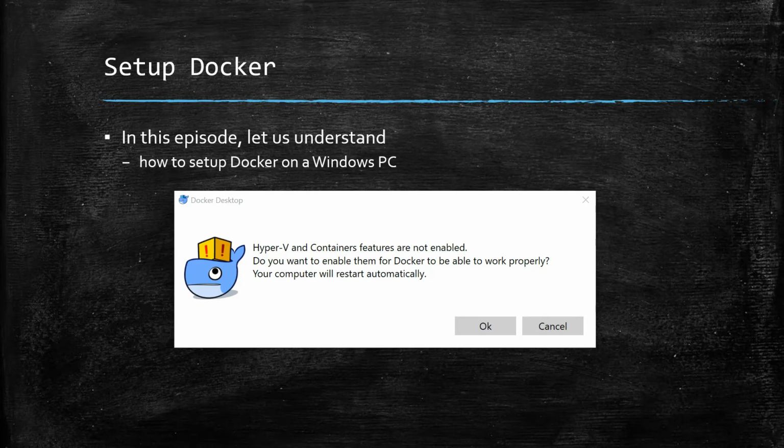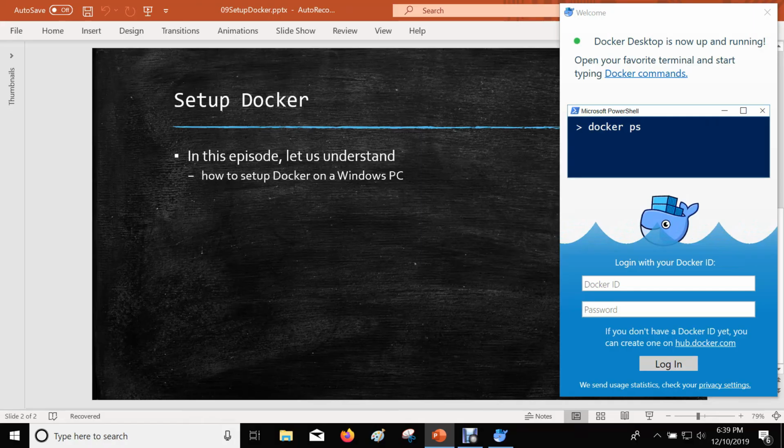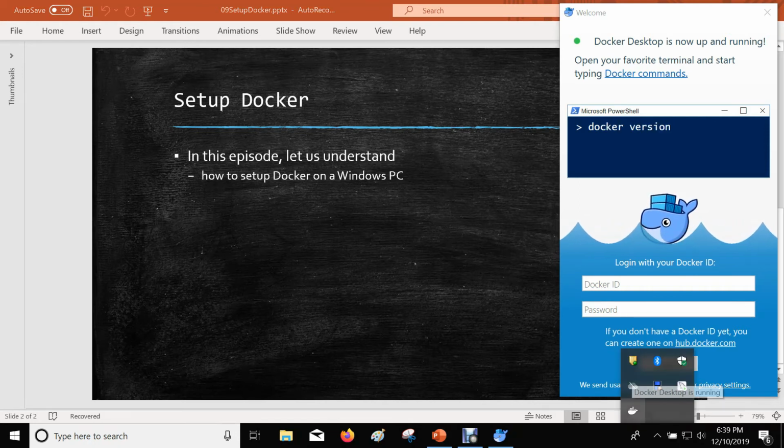Once the PC is restarted, Docker will start automatically. If you see this message, Hyper-V and containers features are not enabled. Do you wish to enable them for Docker to be able to work properly? Click on OK and enable the Hyper-V and containers features. Once the machine is restarted, the Hyper-V and containers features will be enabled and you can see Docker running